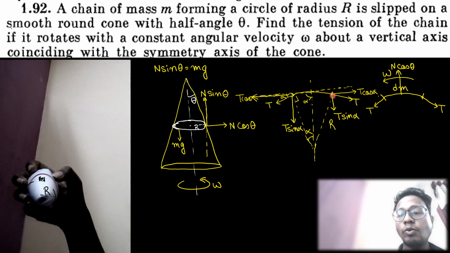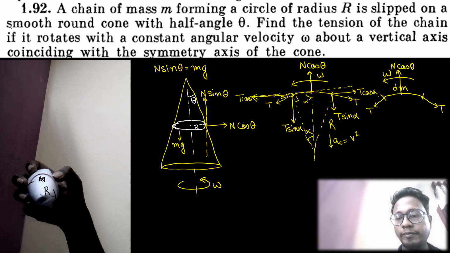Who is balancing out the vertical components of forces? The vertical components of forces are being balanced by this N cos theta that was acting radially outward throughout the ring. And this ring is also rotating with angular velocity omega. So it has a centripetal acceleration towards the center, which is equal to v square by r or omega square r. So if I write Newton's law of motion, or the equation of motion, for this elemental part of the ring,